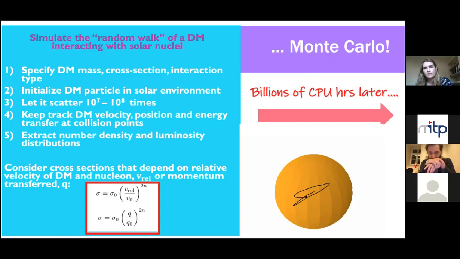So the evolution between time steps is controlled by the gravitational potential, which we just set to be the density at the core of the sun, because obviously dark matter is going to be confined to the core. However, in terms of the interaction probabilities with the different scatterers, we set the scatterers to have the density of hydrogen within the sun, which is a realistic profile. So we're considering the density of scatterers as decreasing as you go outwards, but what governs your trajectory between time steps is set by this constant gravitational potential.